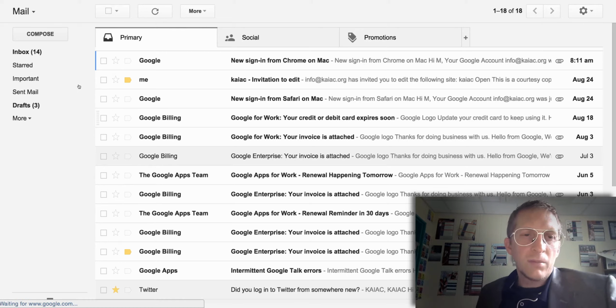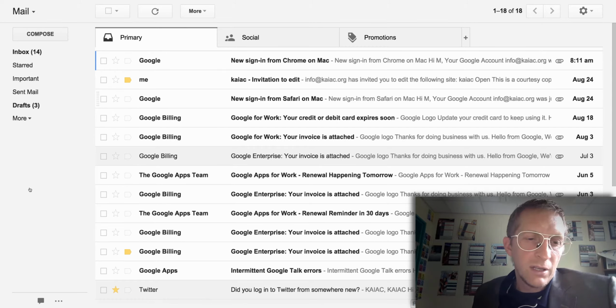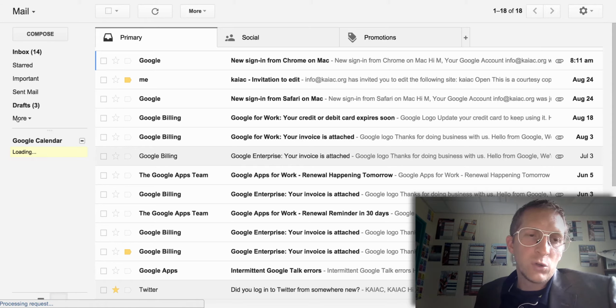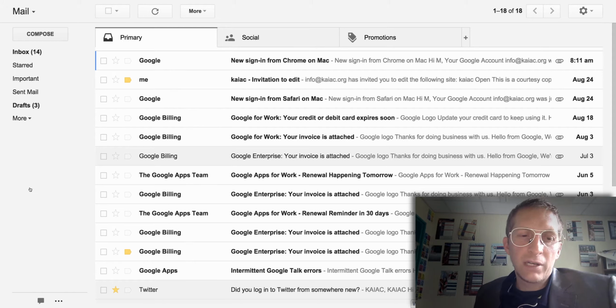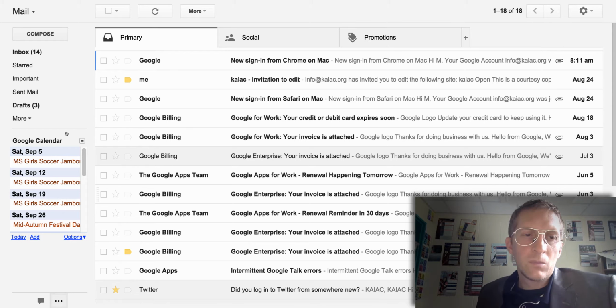Okay, so now in my new email, I'm going to go down and click on the three bottom dots in the bottom left-hand corner and make sure you have your Google Calendar shown. And so this is an easy and quick way to add events to your calendar. Okay, so what you want to do is go to Options, and we're going to hide the mini calendar and